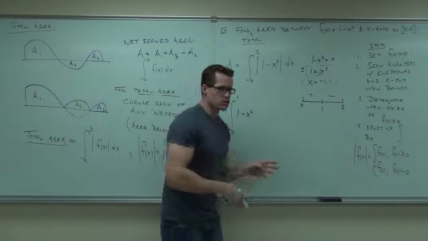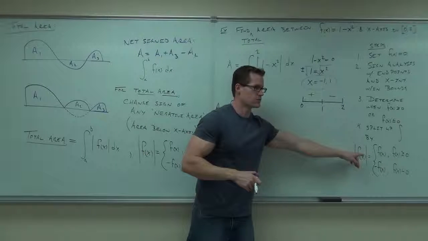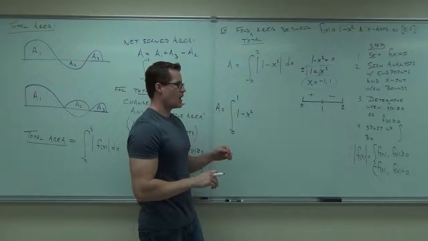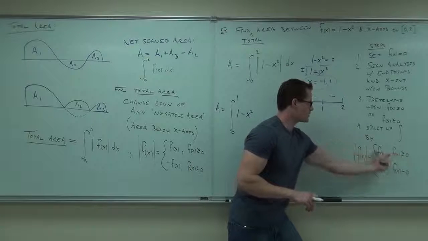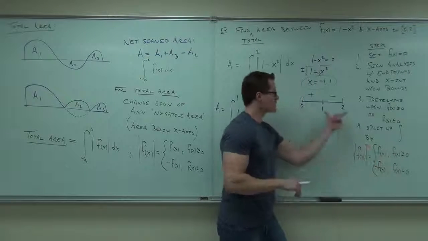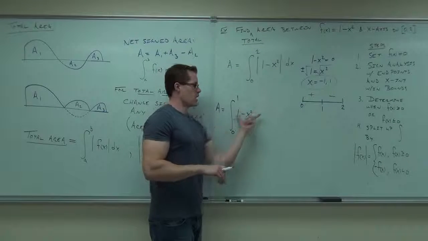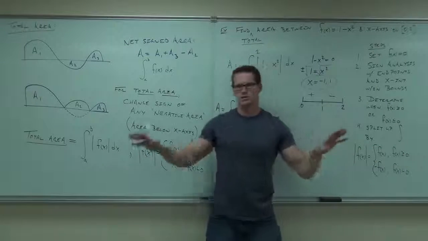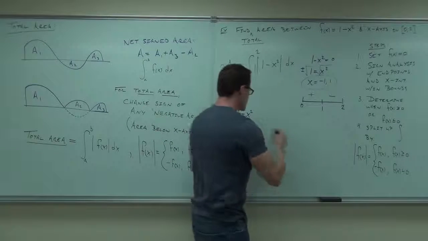Why don't we have the absolute value still? Because you don't need it. You're not changing the sign. I'm actually using the definition of absolute value to change it. I'm saying, well, if f of x is positive for that region, then I know the absolute value of f of x is simply f of x. I know that this is positive for this region, therefore the absolute value of f of x is simply f of x. That is what this says. It says, hey, if it's positive, you don't change anything about it. You basically just drop your absolute value signs. Are you with me on that? Okay, dx